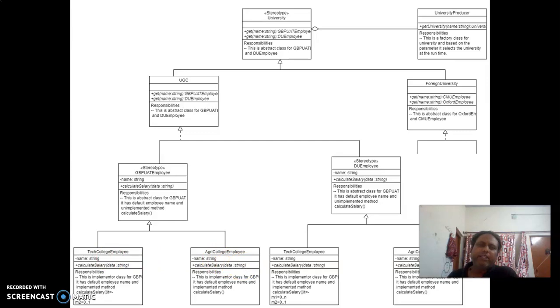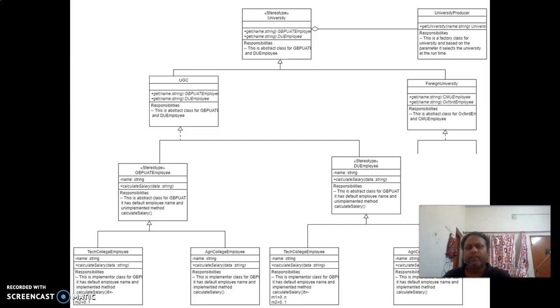So this is the real example of abstraction. It is basically meant for layering and reducing the complexity. The purpose of abstraction is to reduce the complexity by providing a certain kind of layering.